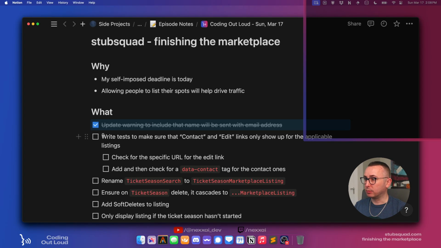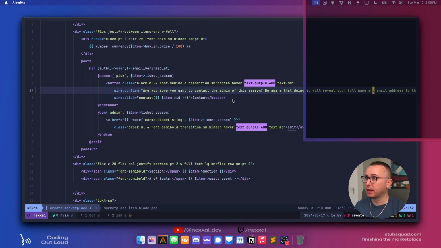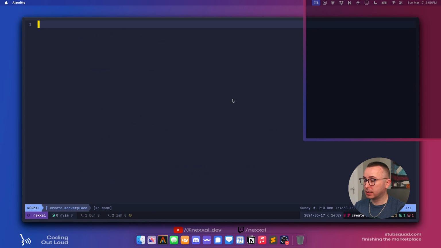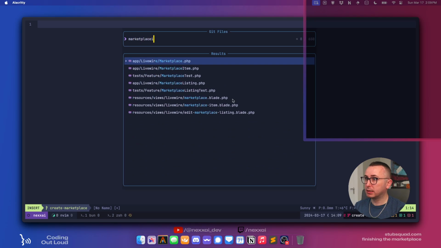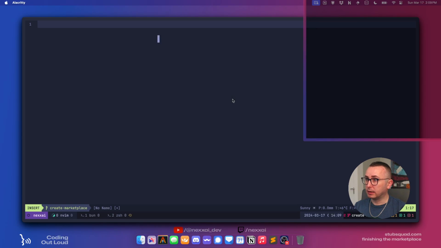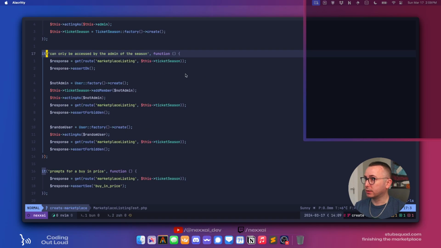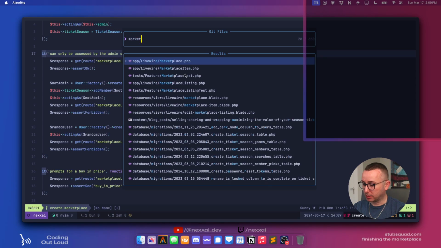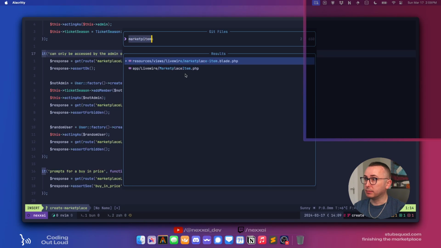Okay, second one: write tests to make sure that contact and edit links only show up for the applicable listings. So we can close this and go to the marketplace listing test. It can only be accessed by the admin of the season. No, this is not the one we want. We want the marketplace item test.